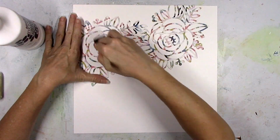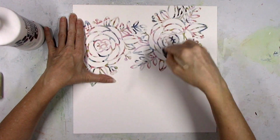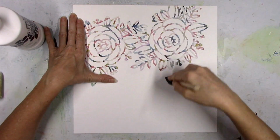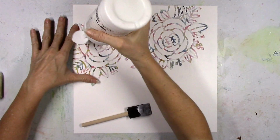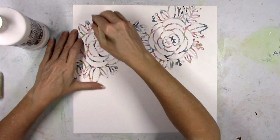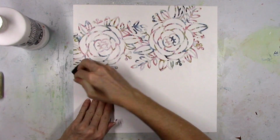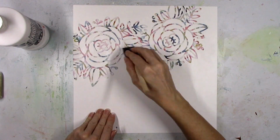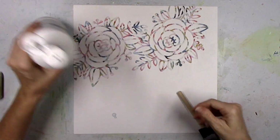I'm going to fade out a little bit of the color and pattern here with some white gesso, so it mutes some of the colors a little bit. And I feel like since the rest of the paper is white, it balances out the busyness of this pattern. And to smudge this gesso over the cut file, I'm using a little foam brush there because there's